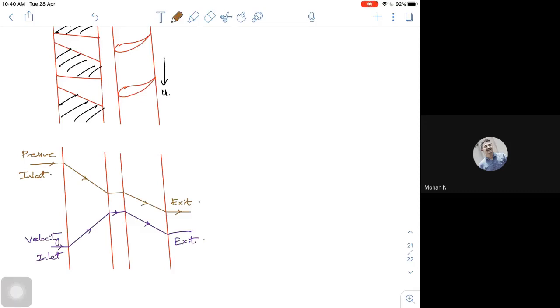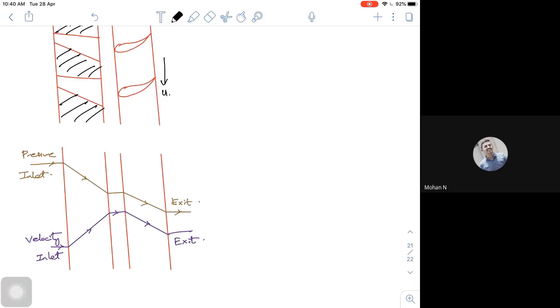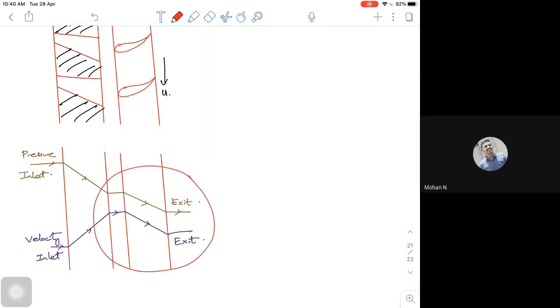Okay, fine. So now this is my pressure and velocity. Why is this called a reaction turbine? See, I could see that both velocity and pressure get absorbed in the rotor, and this is the reason why it is called the reaction turbine. You can see I'm just circling that. Both pressure and velocity get absorbed in the rotor. But in case of the impulse turbine, it was only velocity getting absorbed. The pressure is almost remaining the same except for a slight pressure drop.